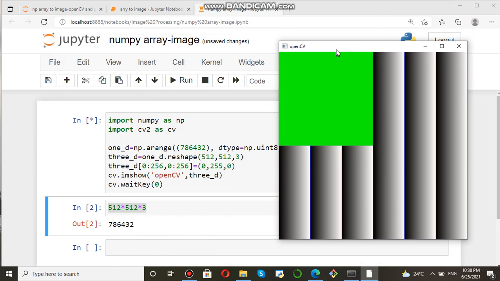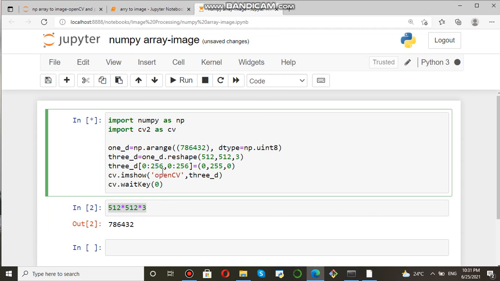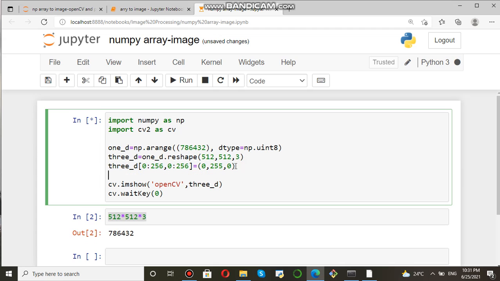Now if you want something other than 0 to 256, what to do? Take this, and just below put some other color like 255, and here you give 256 to 512.